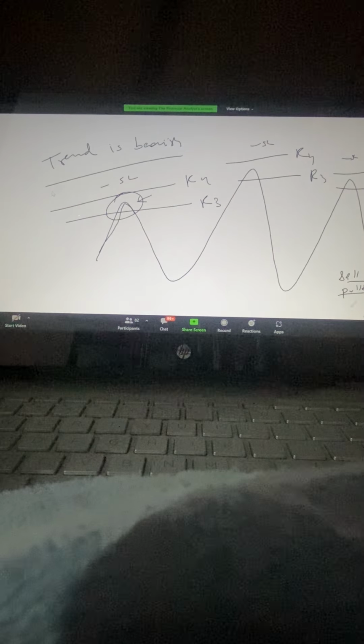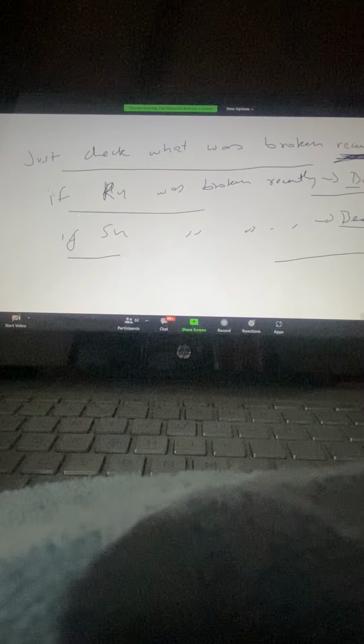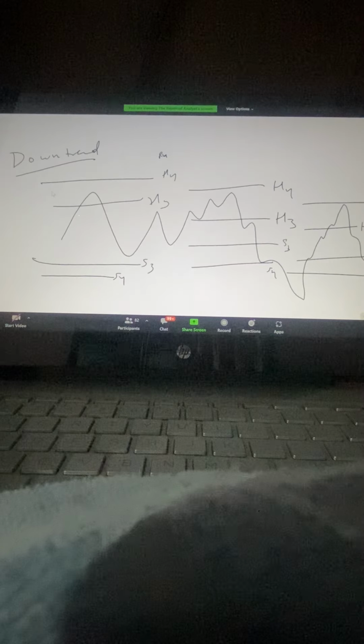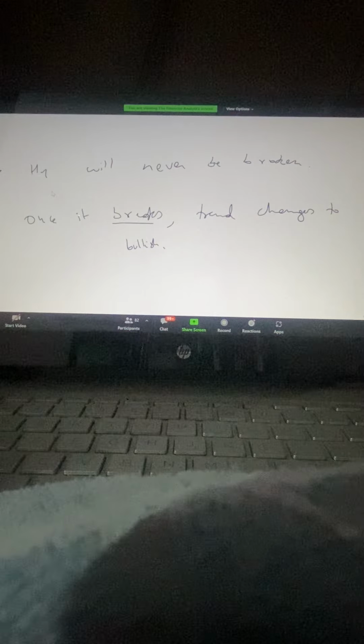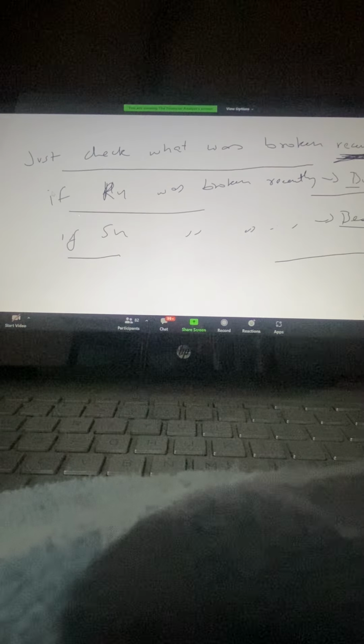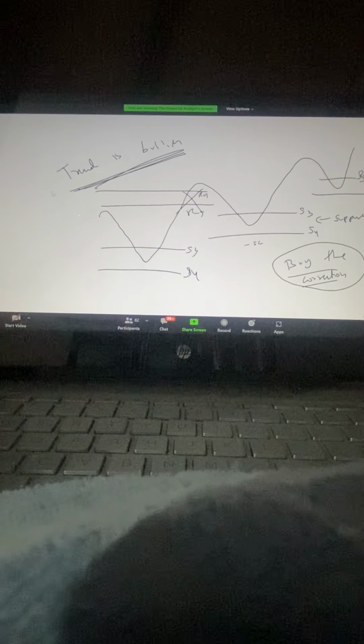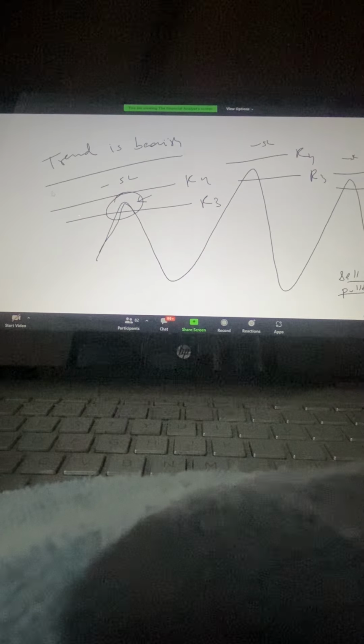So this is clear. Trend is bearish, bullish. Simple है यार, I have not taught any astrophysics here. बहुत simple सी चीज है, सब लिखा के I have taught you, right? So if you just read it as well what you have written, you will understand it. It's very basic. Okay,